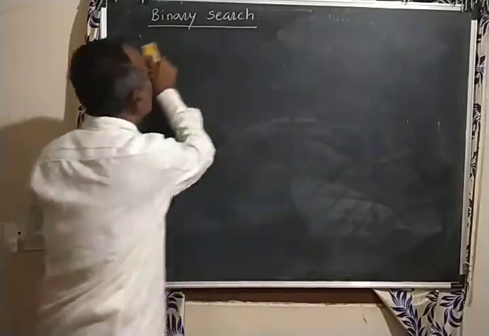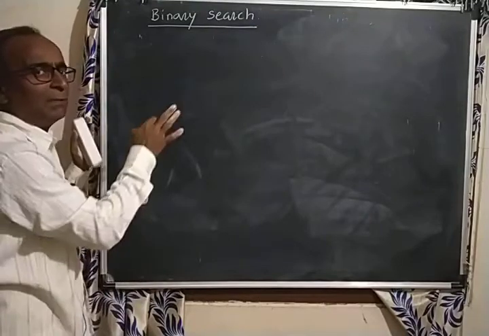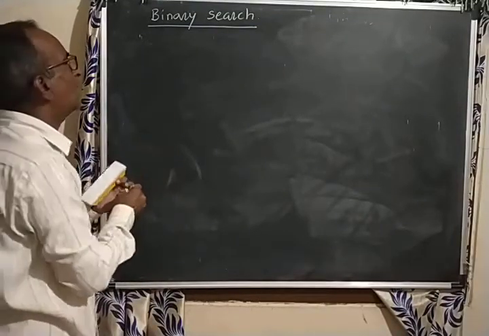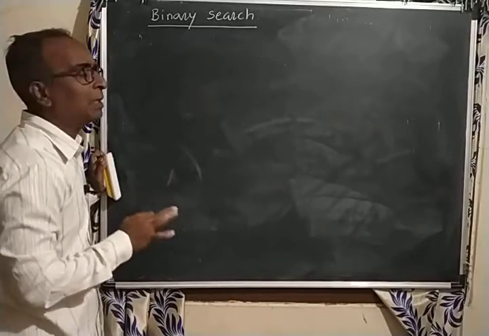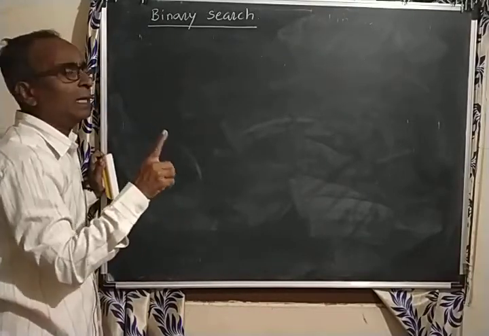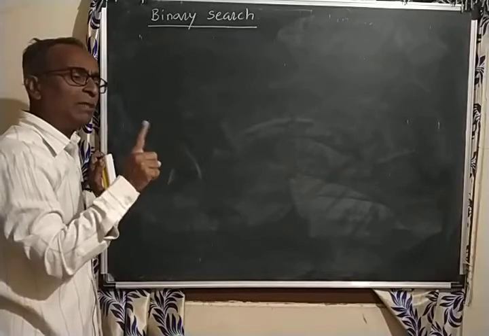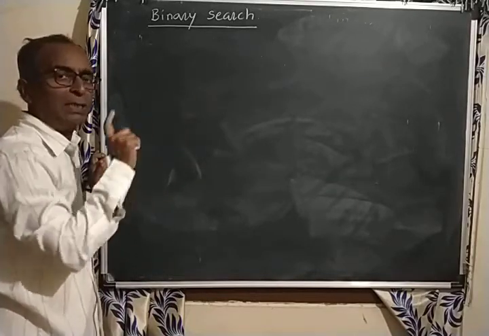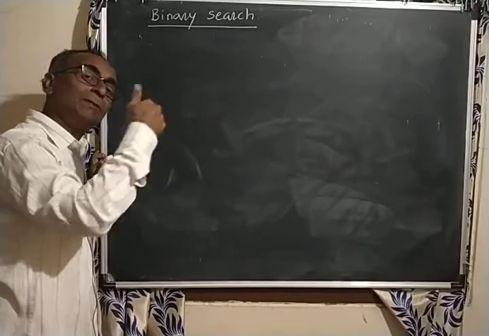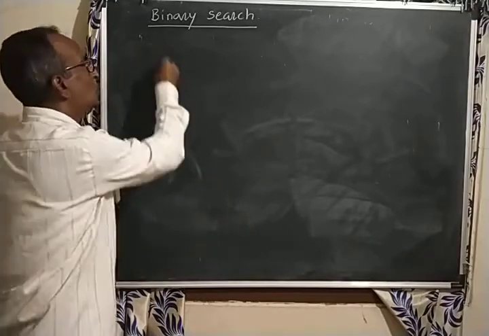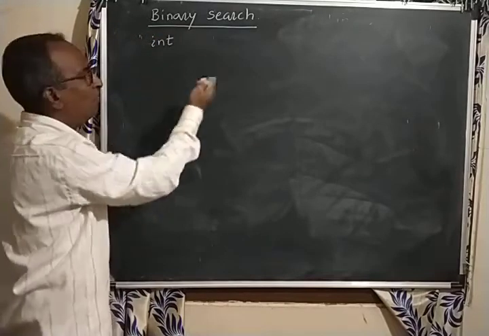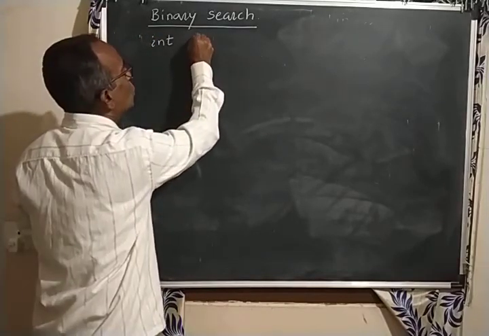Now we'll write directly the program. Whatever we have, I'll implement this with function. So you know how to write main function. Now directly I'll write binary search function. And we said in searching we are giving the position, index value of that element if it is available. Otherwise we will return -1. So same concept, the way we implemented linear search, we will implement binary search also.